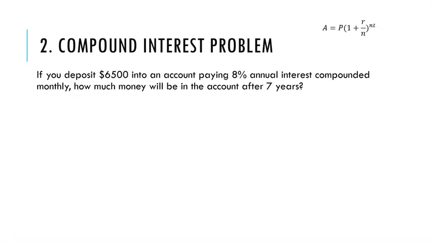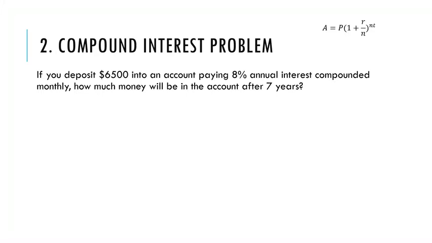Compound interest problem. We're going to use that same formula again. You deposit $6,500. That is your P. Into an account paying 8%. Change that to a decimal, 0.08. Compounded monthly. Monthly means how many months in a year? 12. How much will there be in 7 years? I'm going to plug it into this formula right here. So A equals